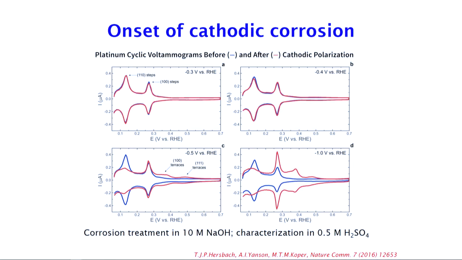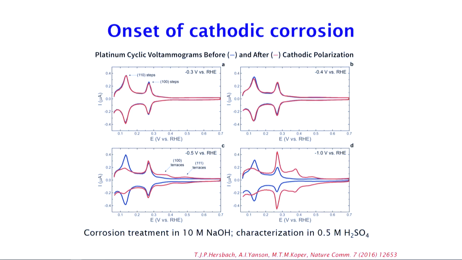Now we wanted to understand at which potential this starts, and the way we studied that is we take a polycrystalline platinum wire. We do this in very concentrated sodium hydroxide. You can do this also in acidic media, I'll show you in a minute, but you can imagine that if you evolve a lot of hydrogen, the pH close to the electrode is extremely alkaline. So this process by definition happens under very alkaline conditions. We also find that it's faster in more alkaline media. Under these conditions, at about minus 0.4 below the reversible hydrogen electrode, so that's only 400 millivolts below hydrogen evolution,